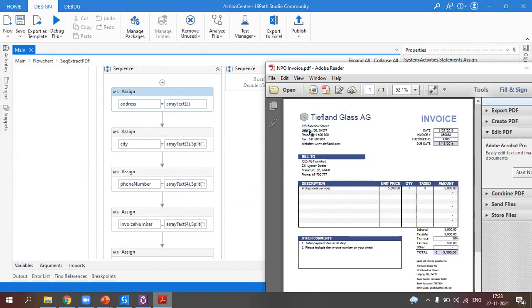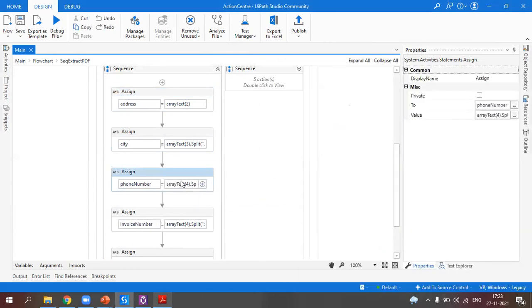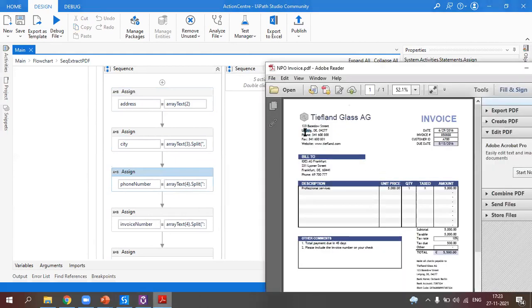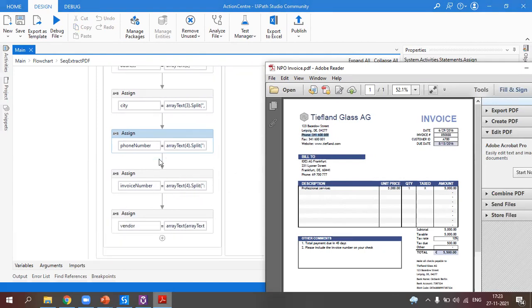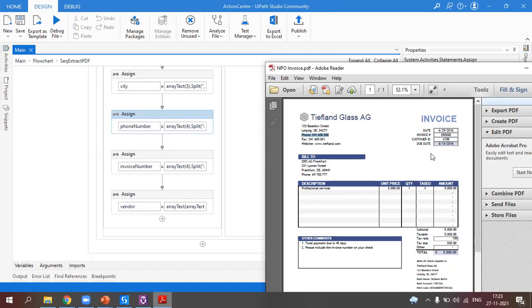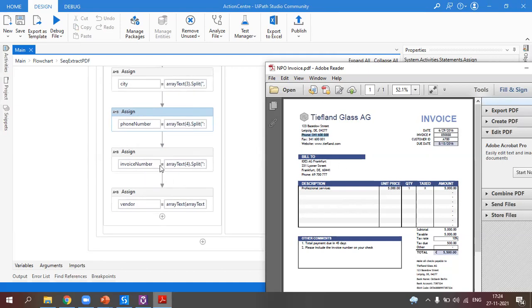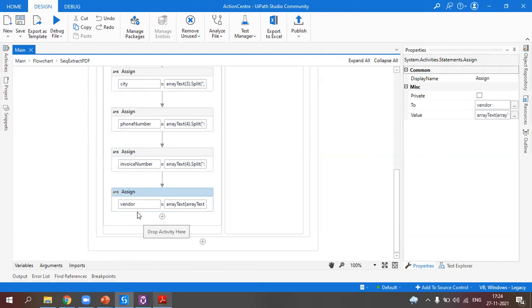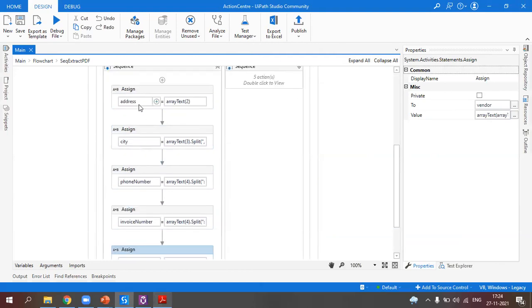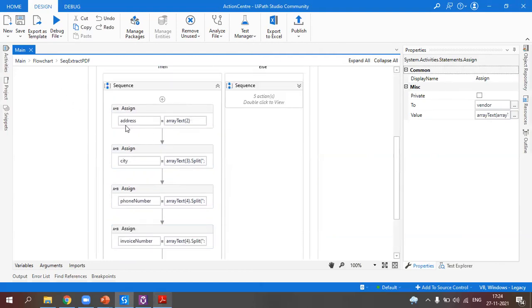Similarly for the phone number: in the fifth line, since the array starts with 0, it splits with the colon and gets the phone number from there. These are text manipulation operations for getting the information. So it scraped all the information we require: vendor, invoice number, phone number, city, and address. All the information will be assigned to these variables.